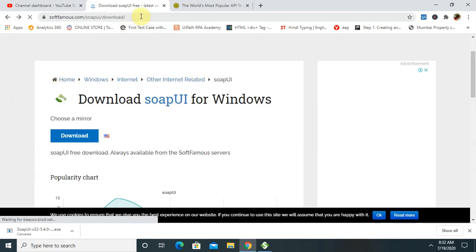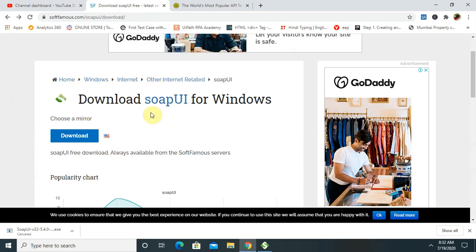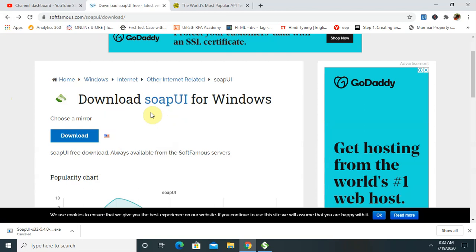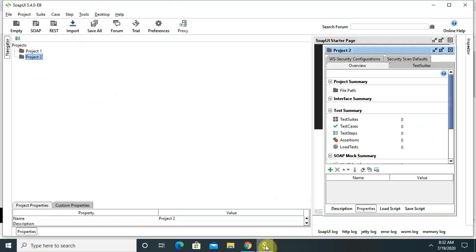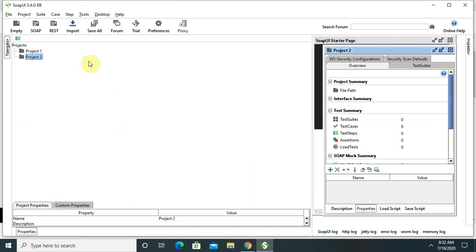I will mention it in the description. You can download it from here. This will provide you the 32-bit application for your ease of use. After downloading, this is an exe file, so from the download folder double click on it and follow the steps, and this application will install on your system.